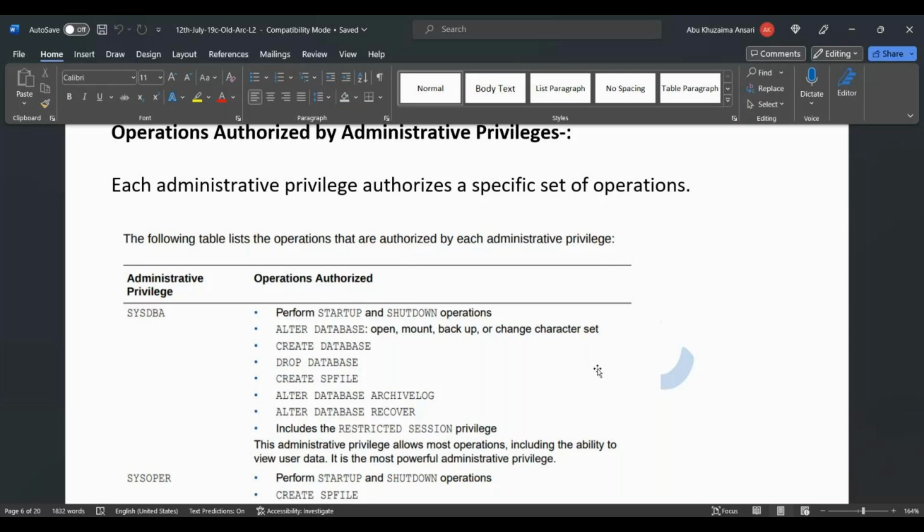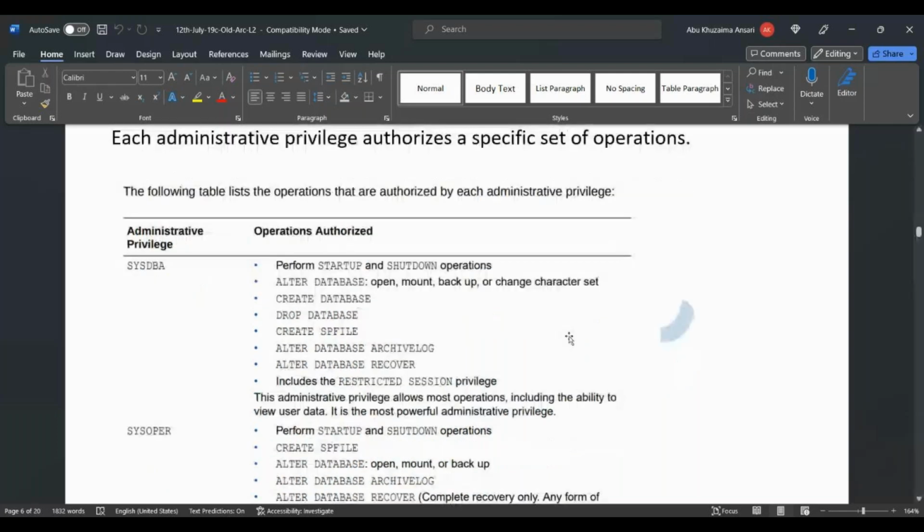Okay, suppose you have the SYSDBA privilege, then you connect to the database by specifying the AS SYSDBA clause in the connect command. Got it? Yesterday we did that, right? Connect slash as sysdba. Now, what can SYSDBA do? SYSDBA can perform startup and shutdown. SYSDBA can perform alter database, which means you can alter the database, go to open stage, mount stage, you can